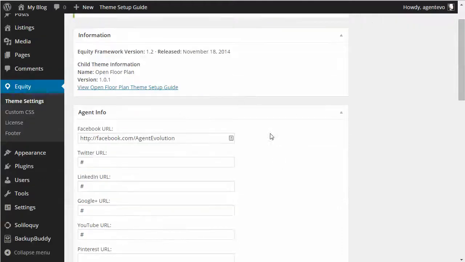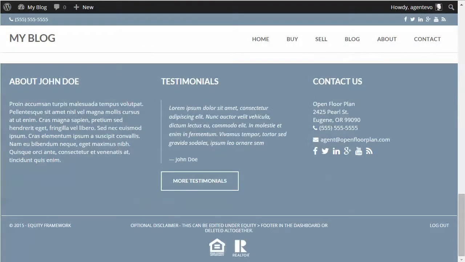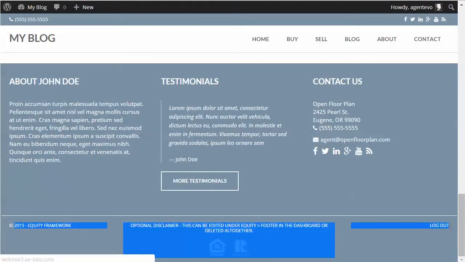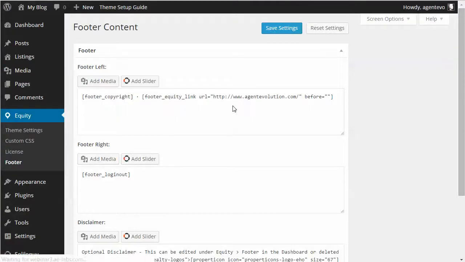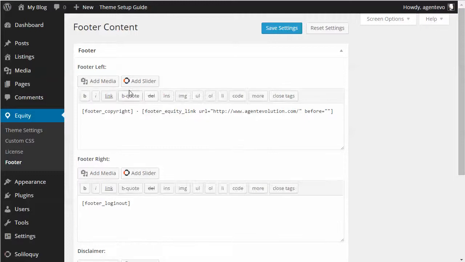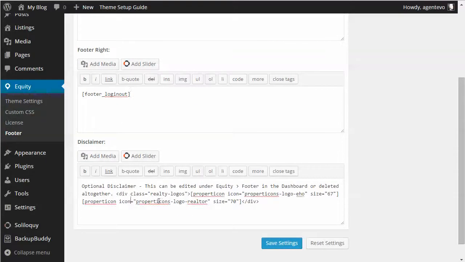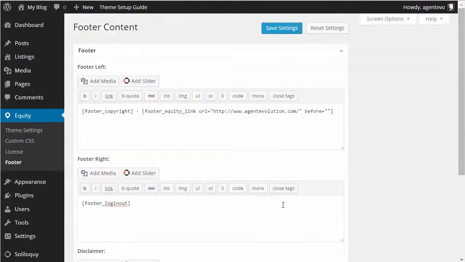Okay, and now we're going to go to the footer. Now you have some options for the footer, and this is this area down here. So let's go to Equity, Footer, and you have the footer left area, the footer right area, and a disclaimer area. Now in footer left we have some short codes you can use. You can put in footer copyright, and I believe this is,